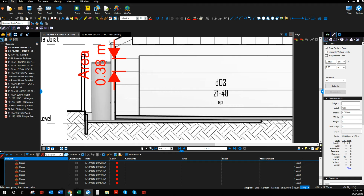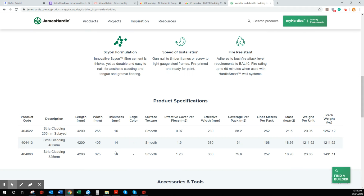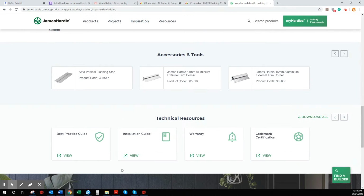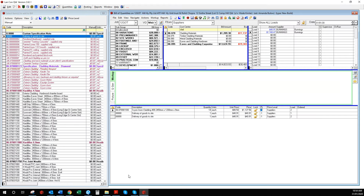What are the different sizes? It's not very clear which size we're ordering on that one, actually. Oh, the 380 effective. Okay, so that's obviously got a little rebate in the sheet when it sits together. So we need vertical flashing. Okay, so it will be the 405. So if we go back to DataBuild now and we put in Stria,